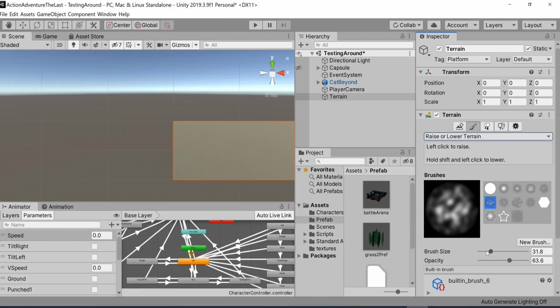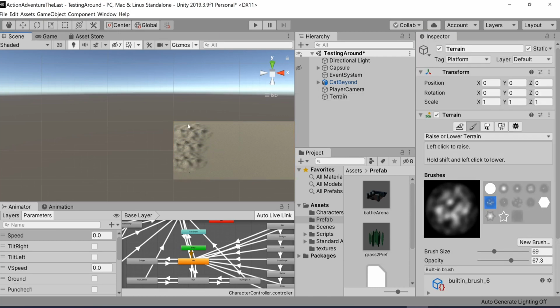It's a built-in brush. We'll manipulate the brush size a little bit. So I'm going to bump it up to about 70 or 69. And then we'll leave the opacity where it is. The opacity actually affects the height of it. So just to demonstrate, if I do that, you can see that this is a greater raise on the terrain than this. But I'm going to leave the opacity around about 60 where we had it